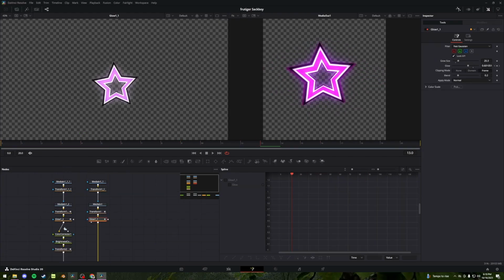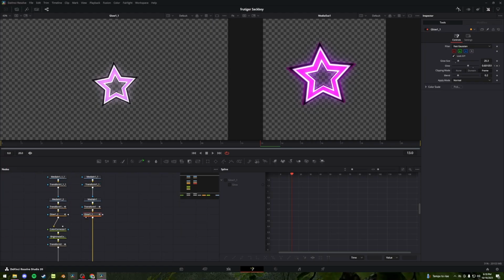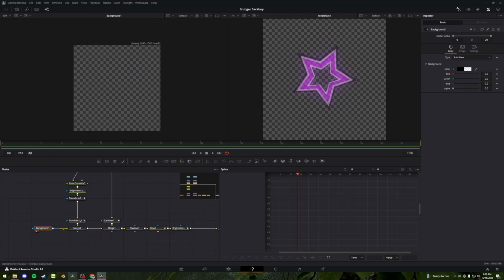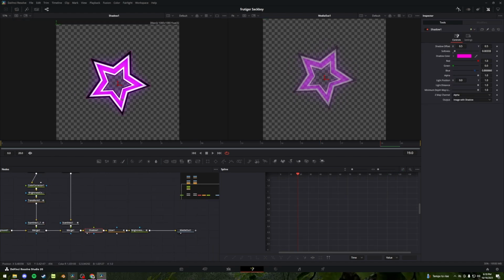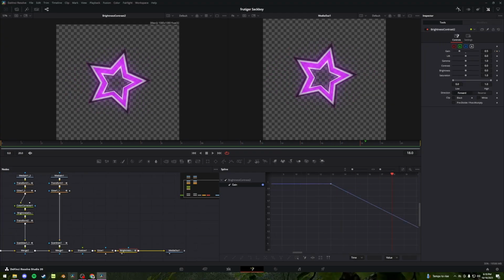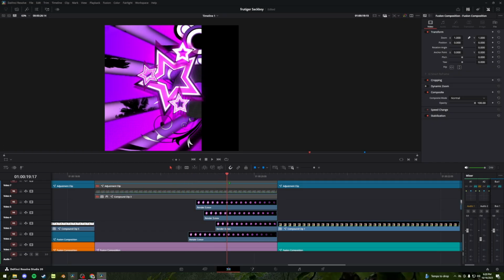The second one is just a copy of the first one, but without this color correction. That makes it darker. So this is our top overlay star. Again, scan lines, merge both of those onto a blank background, give it a pink shadow, one more glow for good measure, and then a brightness node to make it fade towards the end of the animation. I have this same animation overlaid 4 times, just offset a little bit from one another to create those purple